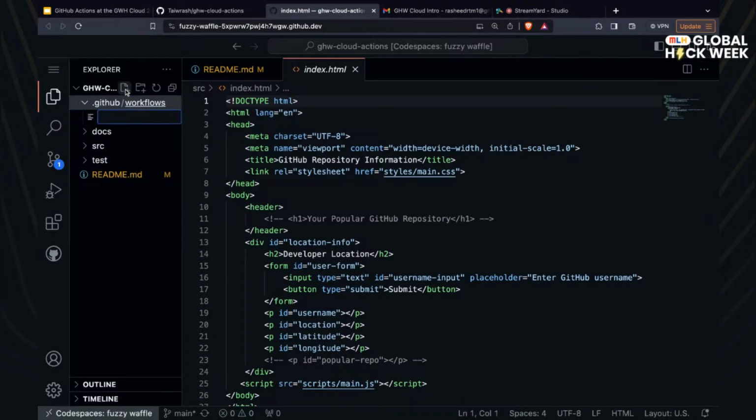So I will be creating a file inside the workflows folder, and I'll probably call it demo deploy. The extension to be used for GitHub Actions to be able to do whatever we want are two: we can use JSON and we can use YAML, but we'll be using YAML format here. So I'll be putting .yml, which is one of the standards for a YAML file. We can see our codespace is telling us that this is actually a YAML file. But for this demo, we'll be using YAML.